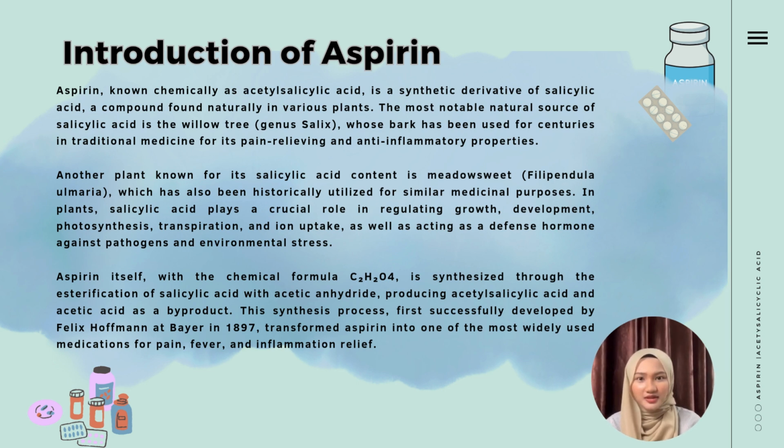This process was first successfully developed by Felix Hoffmann at Bayer in 1897. Since then, aspirin has become one of the most widely used medications in the world for the treatment of pain, fever,